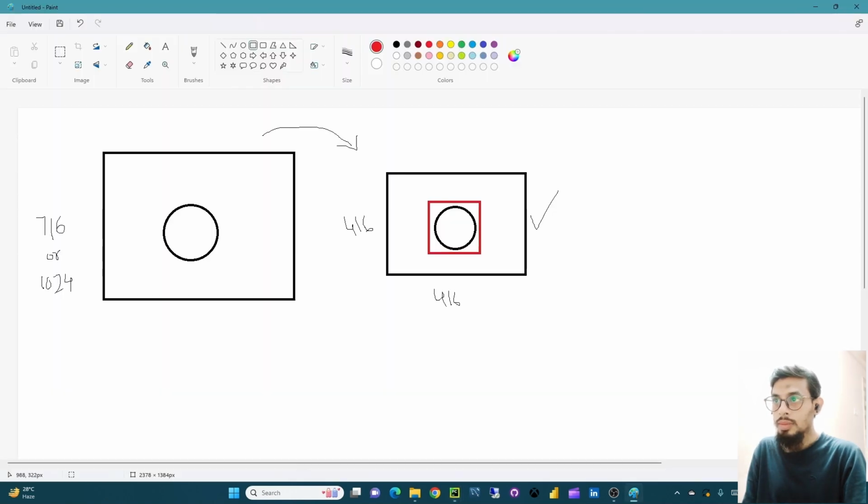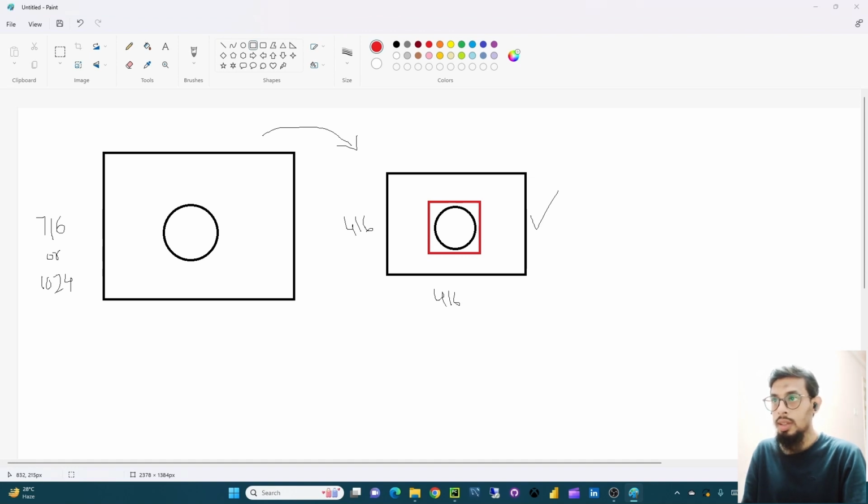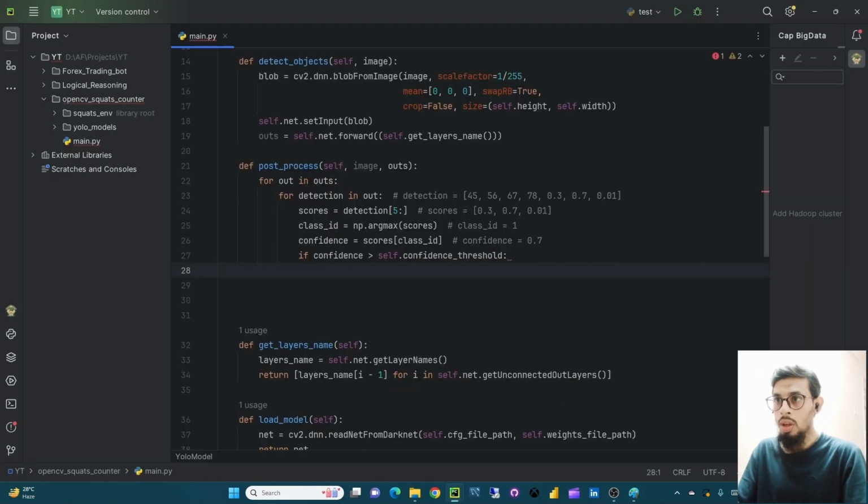Now the model has done the detection on a 416 by 416 pixel image, right? We cannot use this red box here, so we will have to convert the red box coordinates and make them compatible with the original image. There are some formulae that we will have to use to convert these coordinates into our original image coordinates. So, coming back to the code,